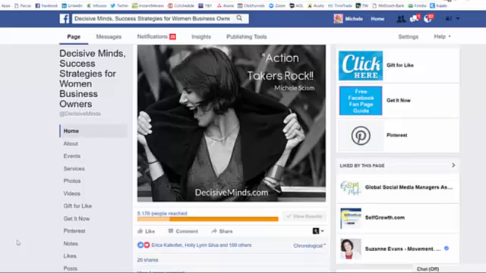I read an article recently from Facebook about the fact that they are making changes on the platform itself because the number one thing that people interact with are the images and the videos. So if they're going to do that, then we as smart marketers need to be taking advantage of that. The second thing is, do you have links in those posts, right?